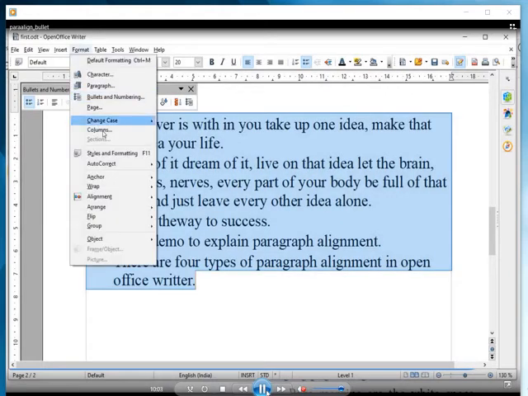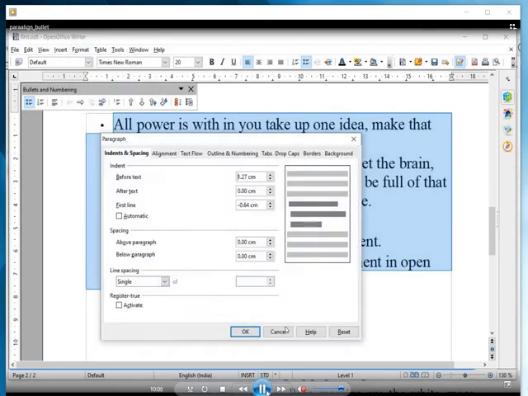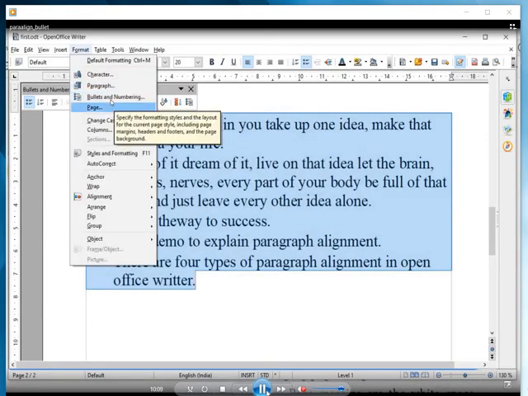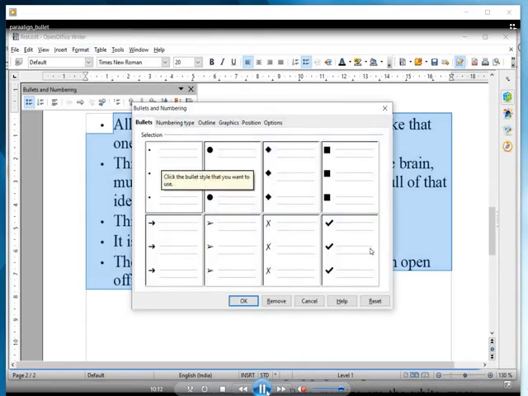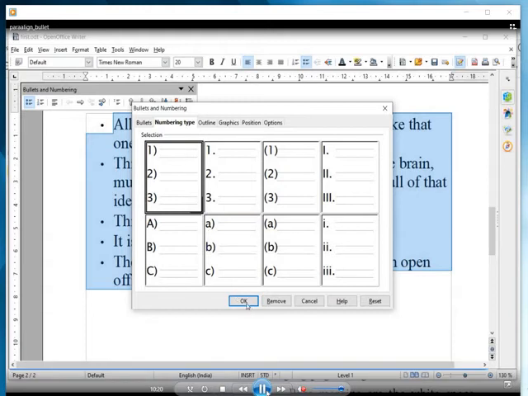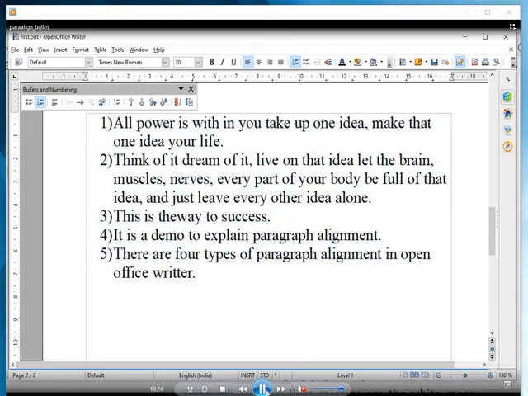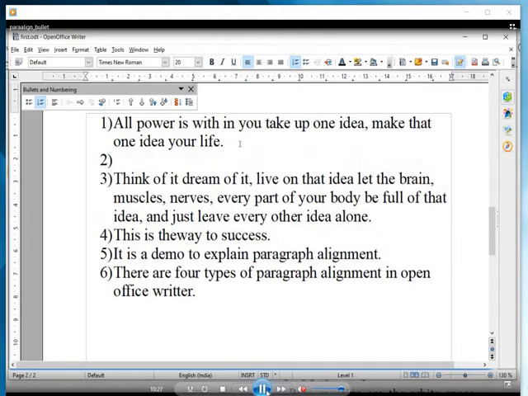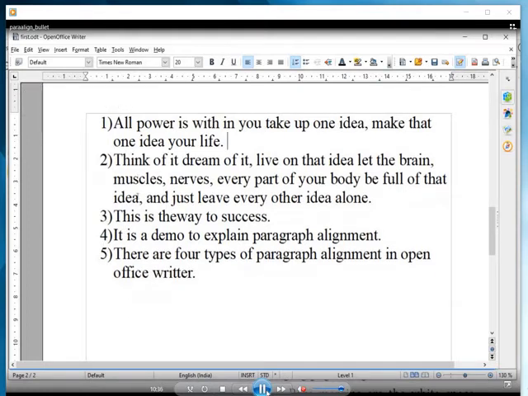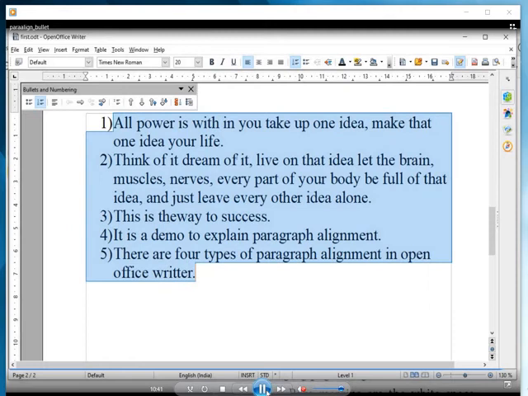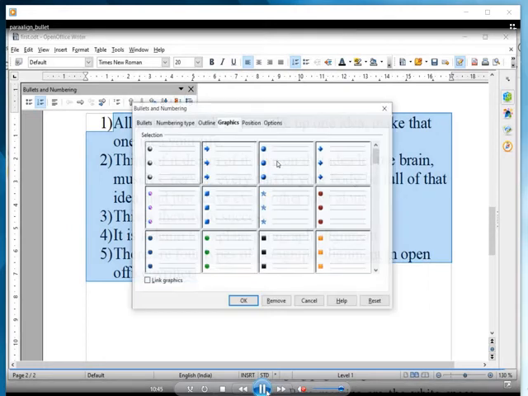Numbering means same option. Format, bullets and numbering. Use the numbering tab. Here you can see many types of numbering, 1 or A, B, C, D, like that. You can select and apply. So if you add any line, it will give the correct point to the particular line. So if I delete the second line, then third is converted to second. That means it is rearranging the numbers. So it is very easy for you. So it will be useful in many places.